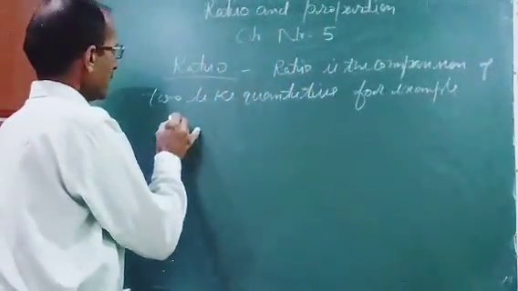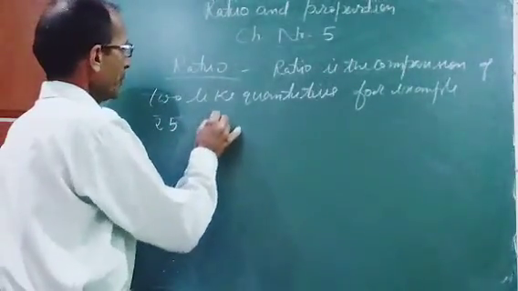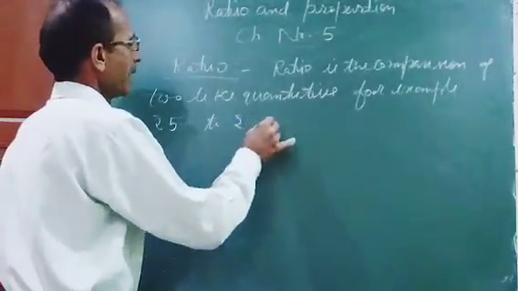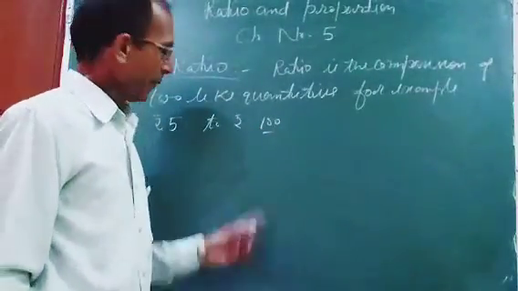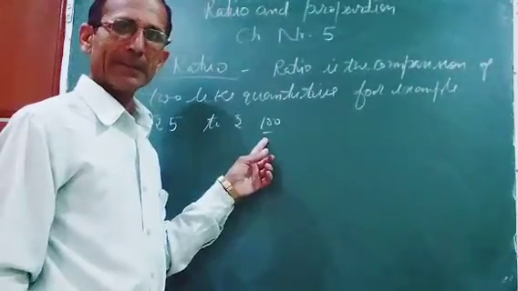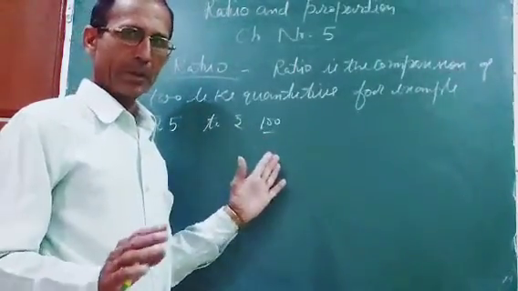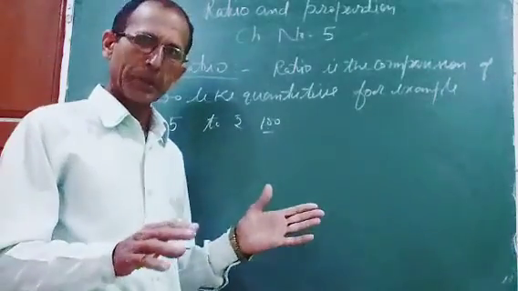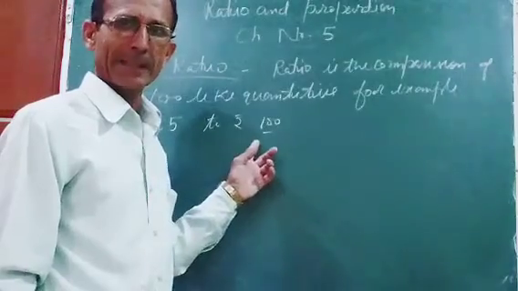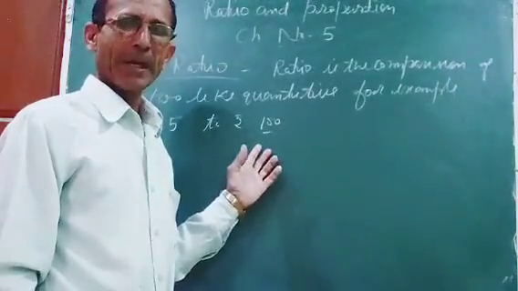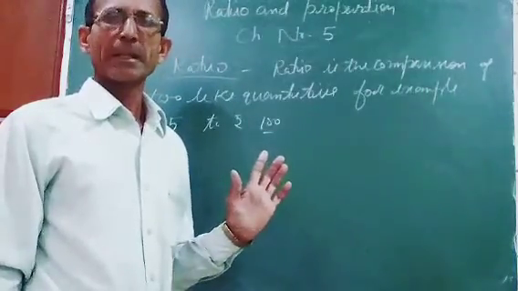400 rupees, or you can take rupees 5 to rupees 100. So we can compare them. If pages are given, then you can't compare. So students, first of all, try to convert into the same unit. If one amount is in rupees and the other amount is in paise, we have to convert into the same unit. You can convert into rupees or you can convert into paise.